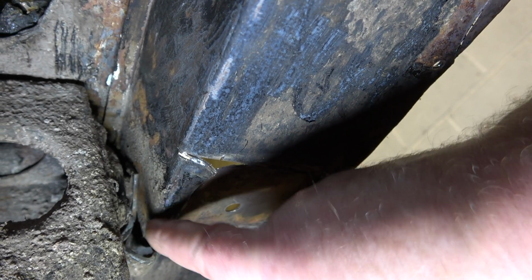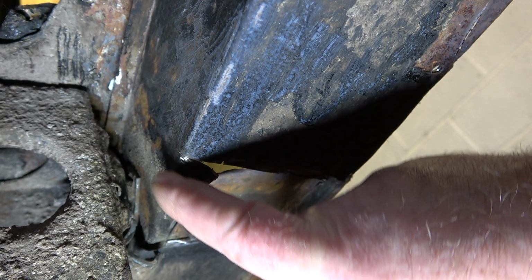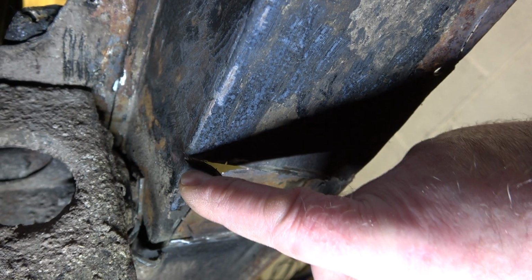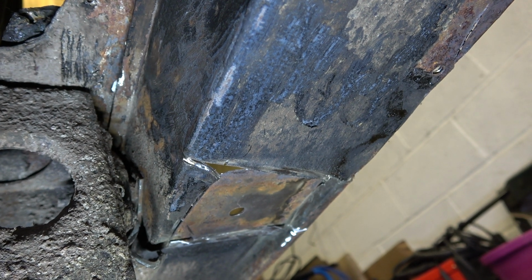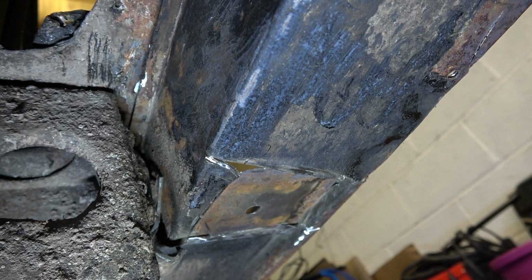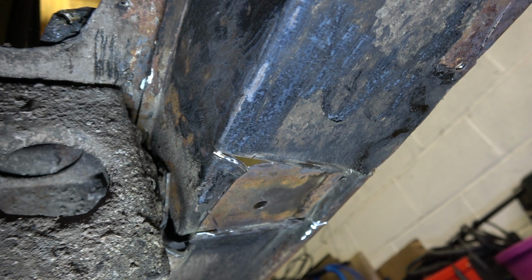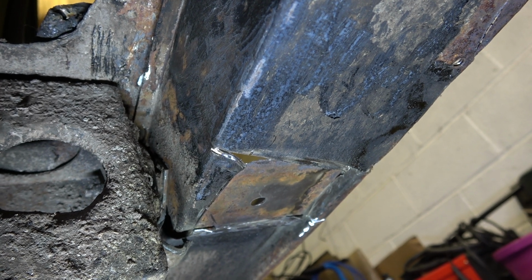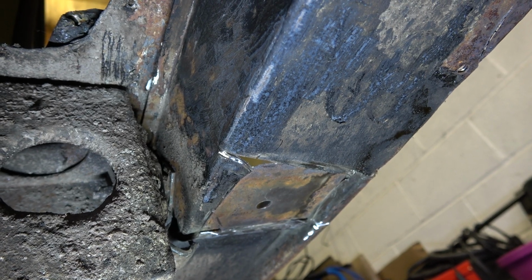So what I might do is cut from where this sill is welded on here, just cut it back a little bit, and then modify the sill extension I've got to fit. And that's the only way I can think about doing it, because I don't really want to take this bloody outrigger off and then weld it back on. So I'm going to have a bit of a play about with that, and then all we need to do really